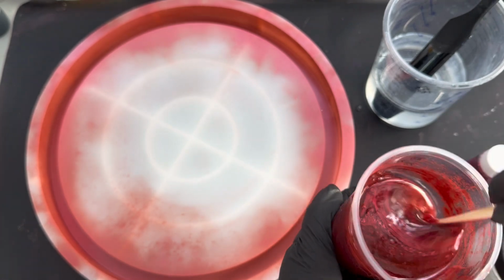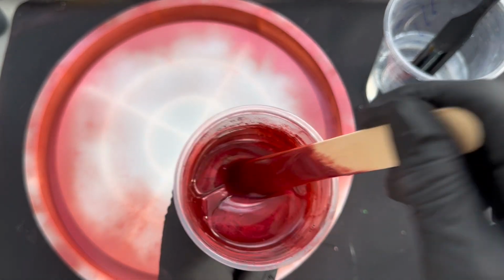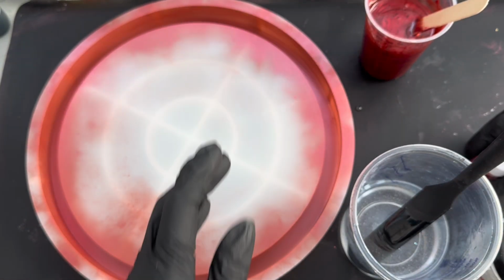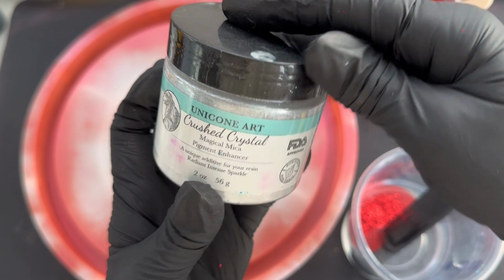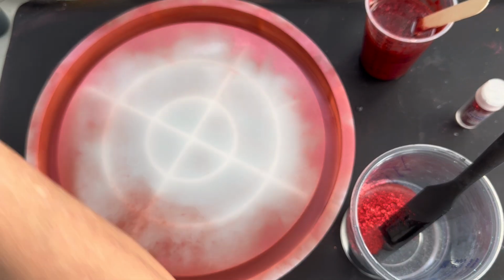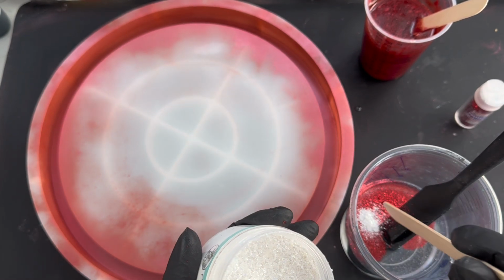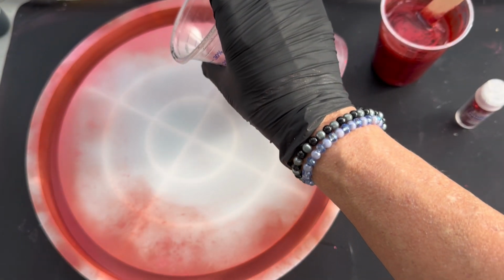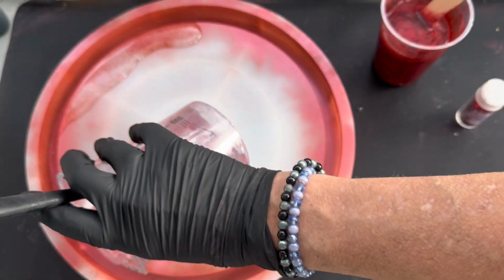I'm just going to add some red glitter. Oh, that's a lovely colour. And then into the clear I'm going to add a Hemway red glitter, and I'm also going to add a little bit of the crushed crystal as well, just for good measure. So I'm going to pop a bit of that in there, and then we're going to give that a good stir in. I think I'm just going to go all the way around the outside first,